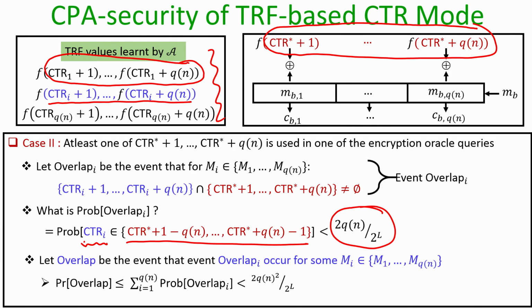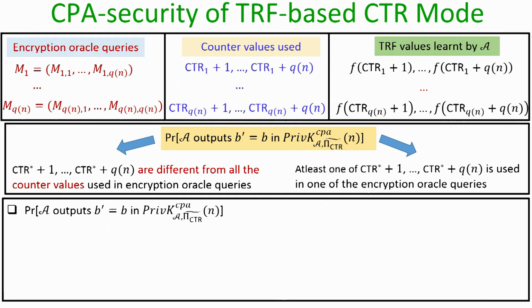So, I can apply the sum rule, and by the sum rule I get that the probability that the event overlap occurs can be upper bounded by this quantity. Now, coming back to the answer: what is the probability of the adversary winning the CPA game against the truly random function based